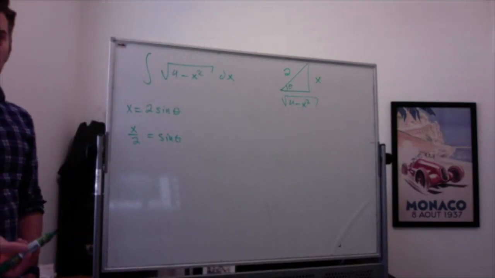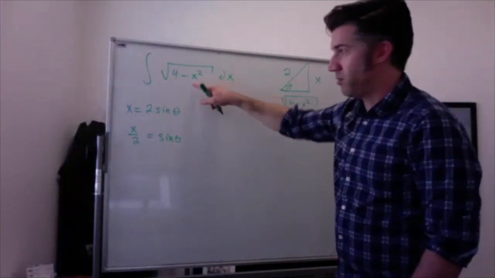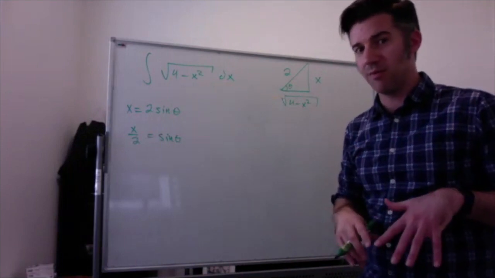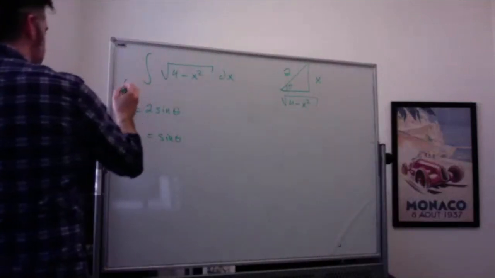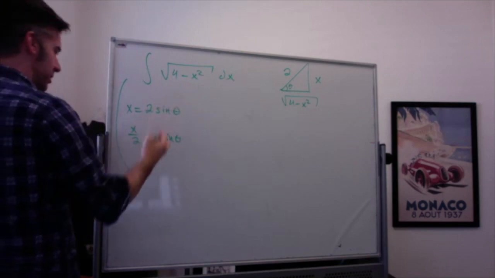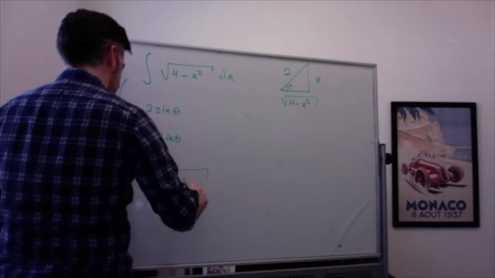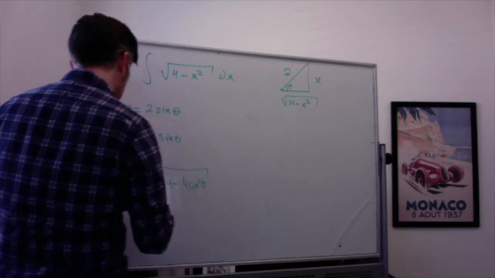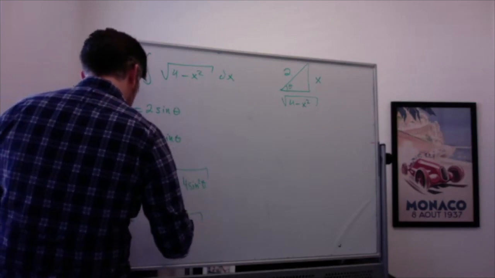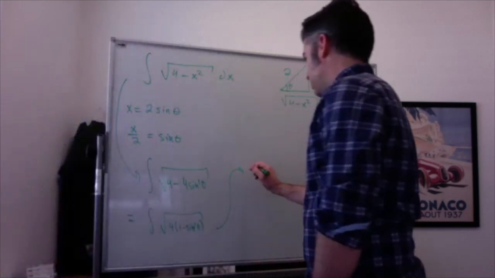The nice thing about this triangle is the third side is always the side you need it to be. So then we're going to replace the... there's something really important here. Let me make a mistake, and then we'll see the important thing. So I'm going to get the integral of the square root of 4 minus x squared, which becomes the square root of 4 minus 4 sine squared theta, which is equal to the integral of the square root of 4 times 1 minus sine squared theta,